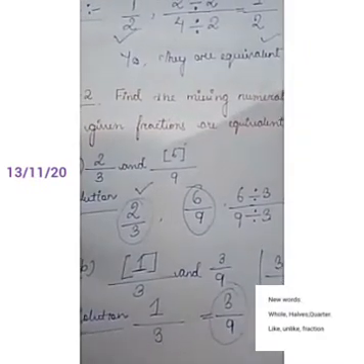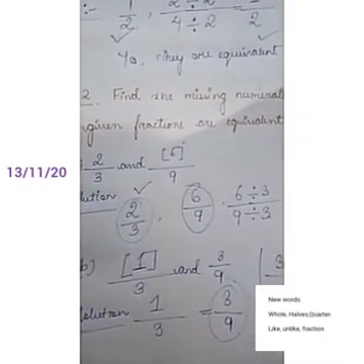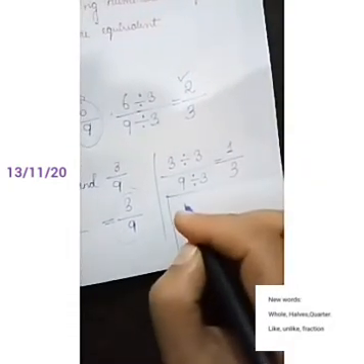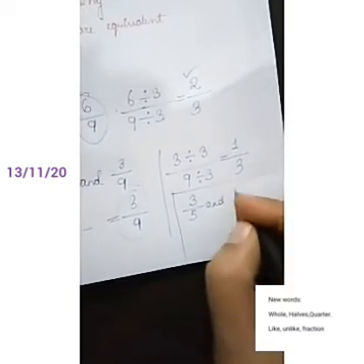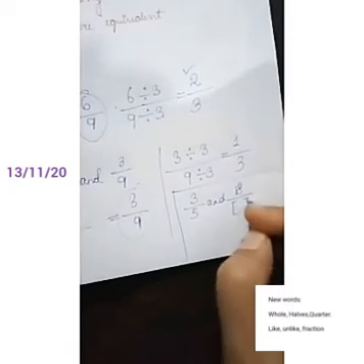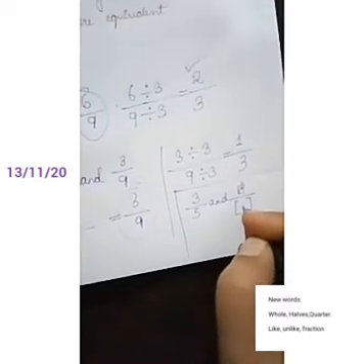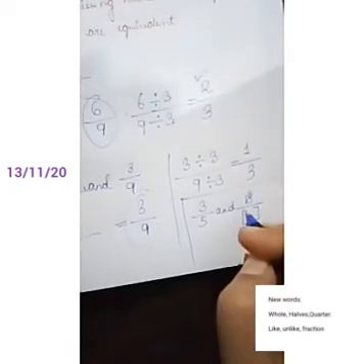Similarly, question number 3 is given here. Find the missing denominator. Same process you can do. Again, I'll show you how to find the denominator. Question number 3a I am doing. So 3 by 5 and 18 by this. So what will come here? 18 by what? Can I write 30?